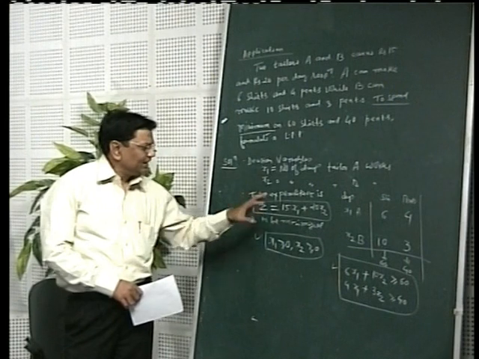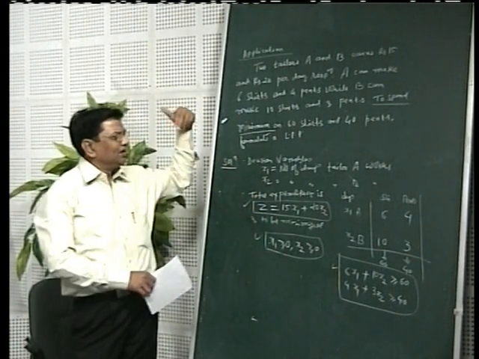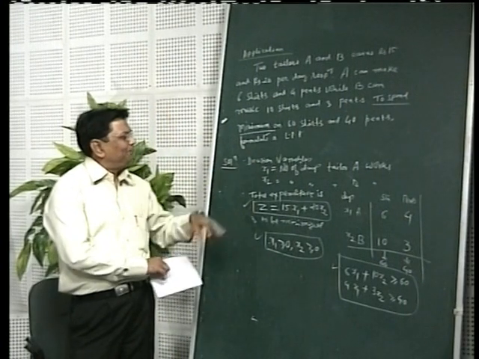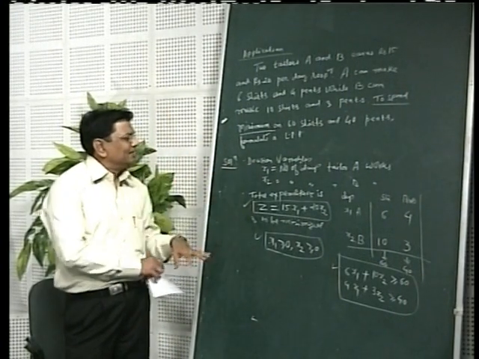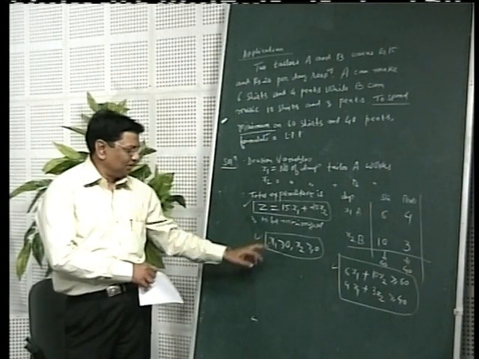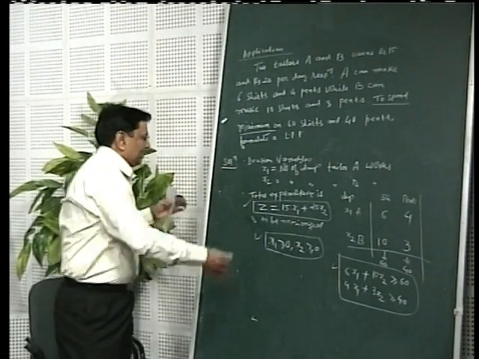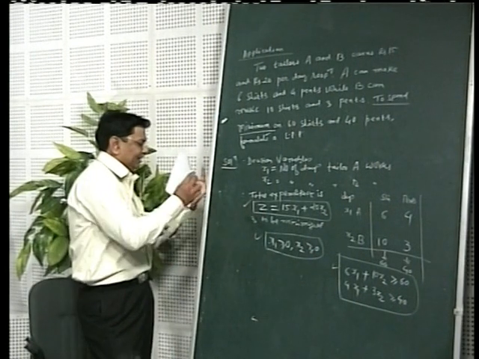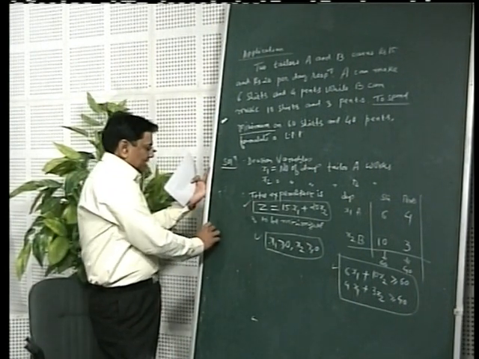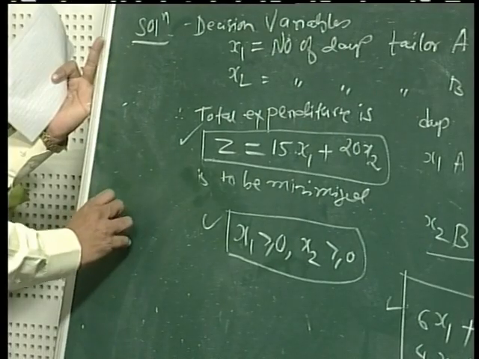Now with this example and that general formulation of LPP, we understood what an LPP is. We took one simple example to formulate. So this is called the formulation. The final form will be written this way. This you want to minimize.